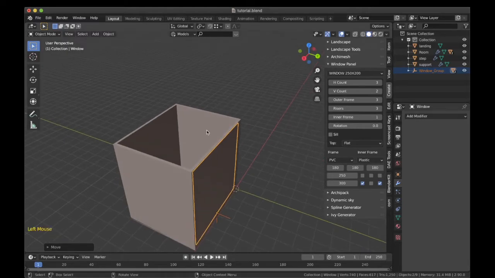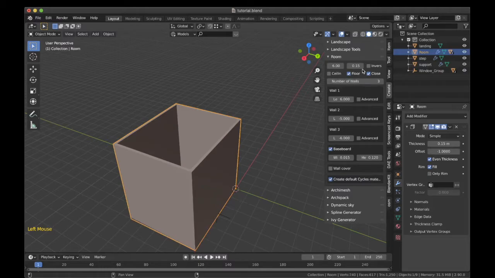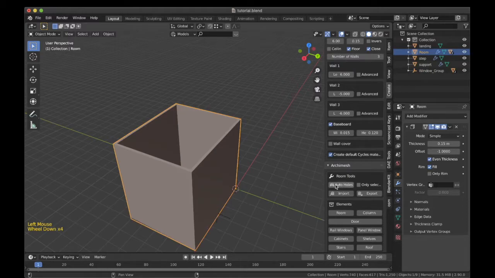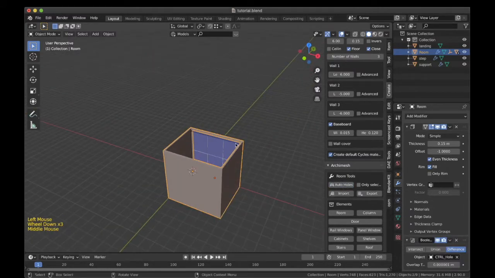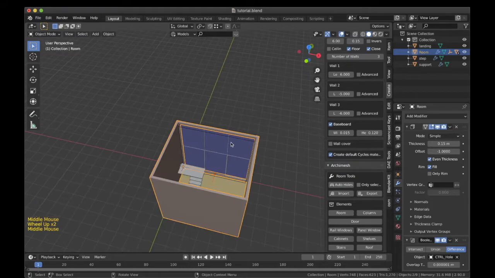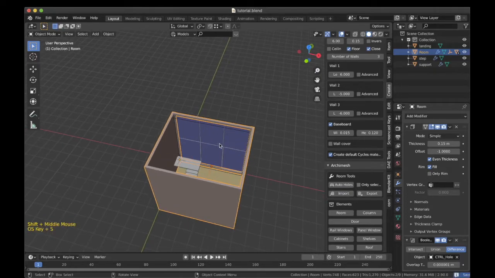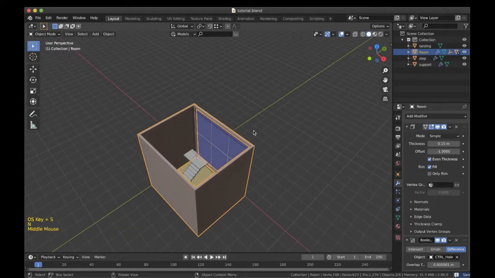To turn that on, please select the room option over here, and then in the room option you will have an option for auto holes. Just click that and you will get this function. The only drawback of this feature is that whenever you make a change to the window, you will have to turn on the auto hole option again. I will save it for once.